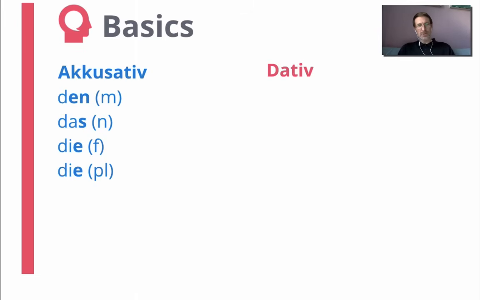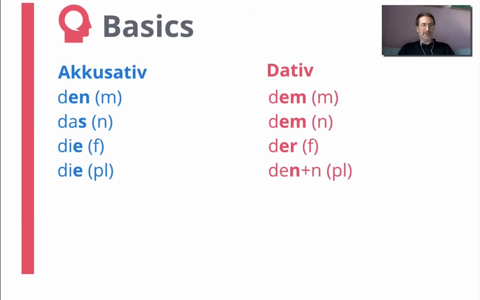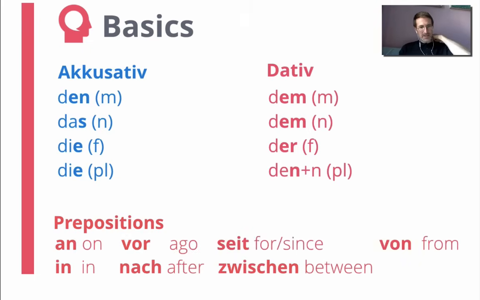Another case to know is the dative, another set of articles. And of course, the all-beloved prepositions. Not all of them, there's only a couple that we use with time information, and of those, the most important ones are these. Don't try to learn them now as a list, but sooner or later you need to know what these mean. When you talk about time, these are the only possible translations for these prepositions,